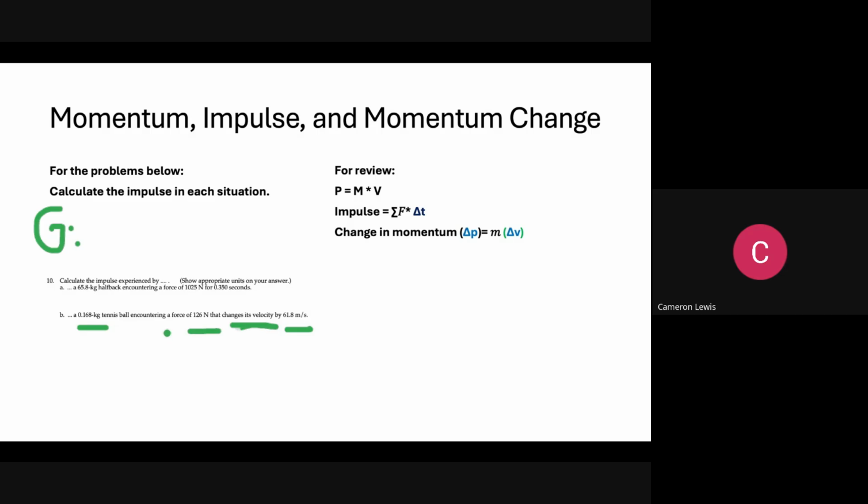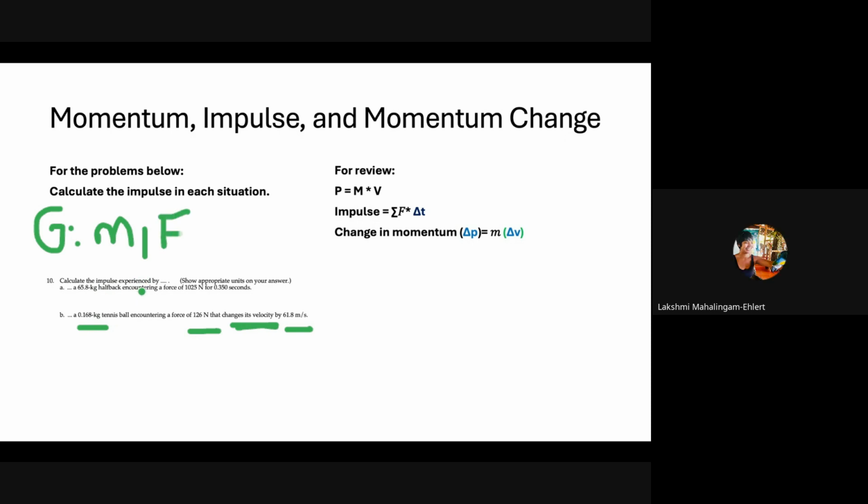Come back. What does that say? It changes its velocity by 61.8. Did we get the velocity? We got the mass. Okay, yes, we have the mass, but come back to that velocity thing you just said. We got the mass, the force, and